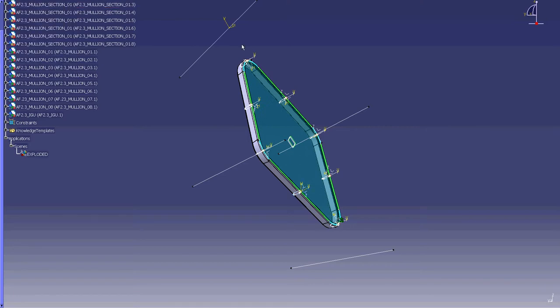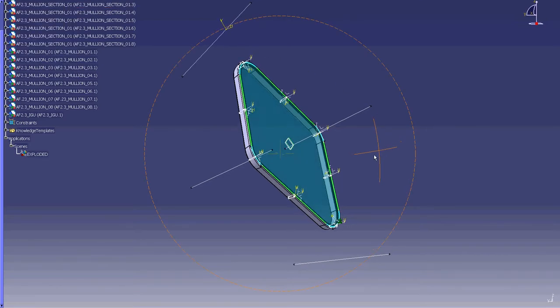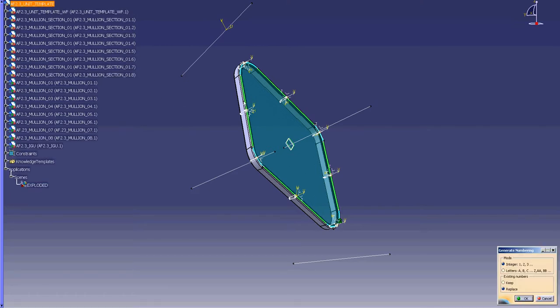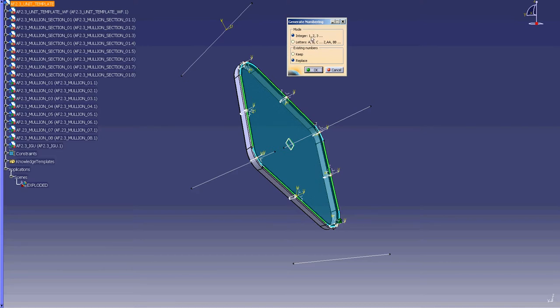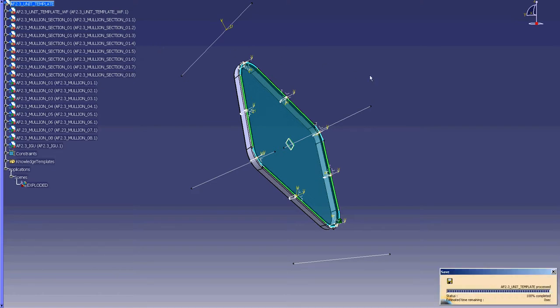product structure workbench. In the product structure workbench, you're going to see a tool that says generate numbering off on the right. I'm going to click that, and it's going to want me to select my top level product, and it has options for either integers or letters. Let's use integers for this, so the parts will be numbered 1, 2, 3, 4, and so on as integers. I'm going to click OK. Now when I've done that, it's actually altered this product, so you make sure you want to save your product,